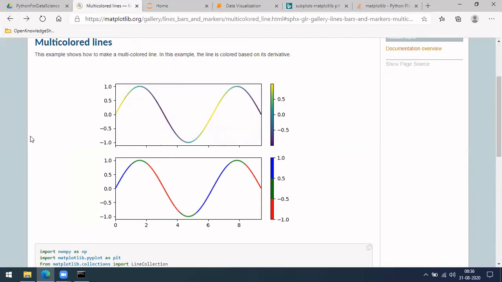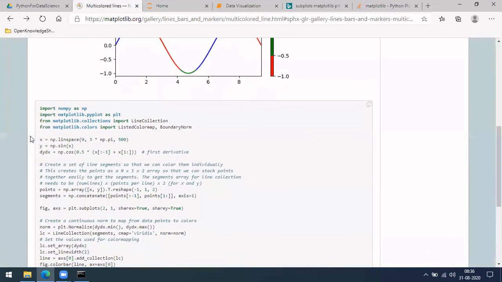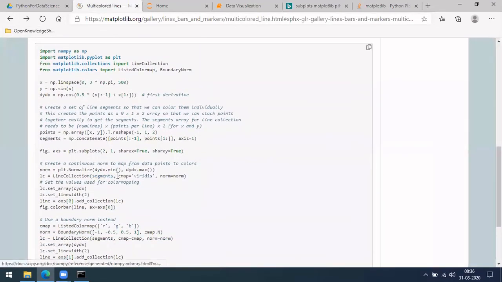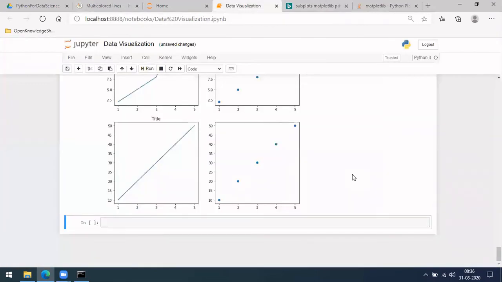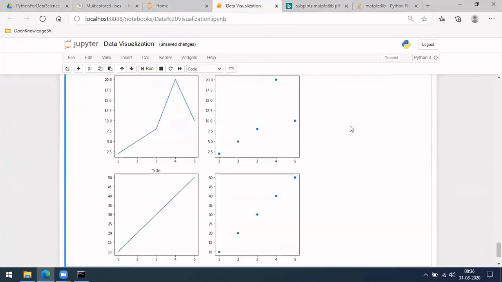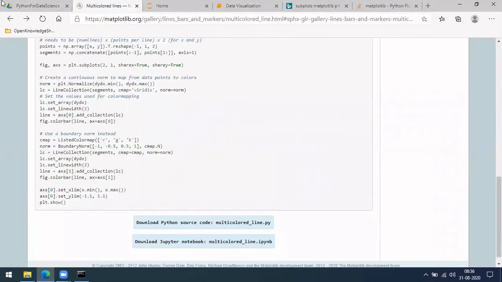In case you want to get these colors right, there are a few options like cmap. If you give this cmap option here, you can get various colors. For that again there is a package and a few other things. I'm skipping it as of now. Let's see it when we are using it. Okay, so this is one thing. Yeah, cool. So this is more about graphs, plots.